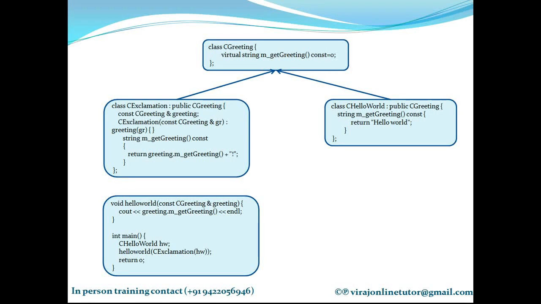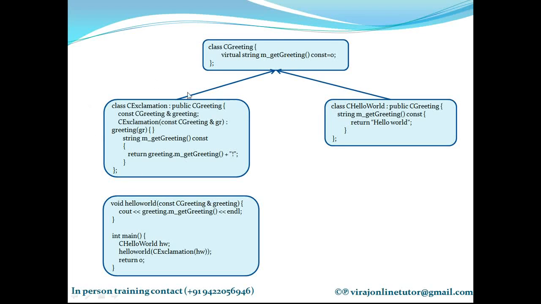And how to implement the decorator design pattern? Suppose I want to decorate the HelloWorld class. You define a CGreeting class which is abstract and has exactly the same interface as the object we are planning to decorate. Now which is the object that we are planning to decorate? HelloWorld is the object we are planning to decorate. So getGreeting is a function of this class. So have an abstract class defined and keep its interface exactly the same as the object we are planning to decorate. That's why it has the same getGreeting.